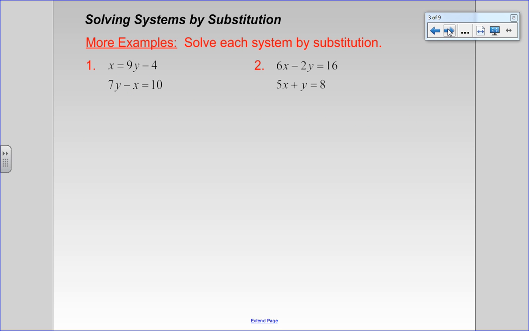Let's look at some more examples of the substitution process. In problem number 1 on this slide, we'll have equation number 1, x equals 9y minus 4, and equation number 2, 7y minus x equals 10. Note that in this case, x is isolated in equation number 1, so we'll begin by substituting in for x in equation 2, so that we have 7y minus the quantity 9y minus 4 equals 10. In this case, we're going to solve for y first, and then solve for x after that. Solving the equation for y,